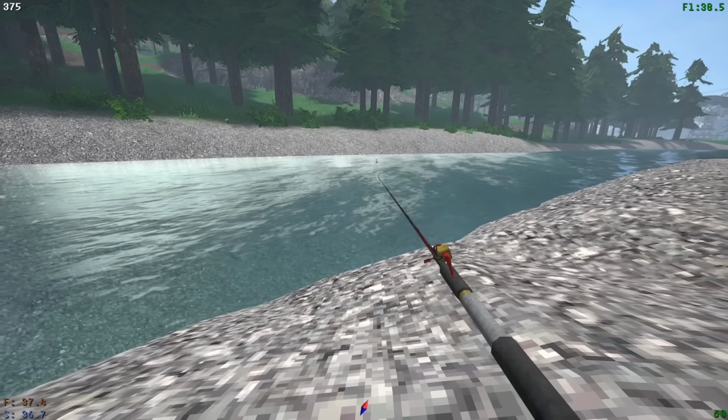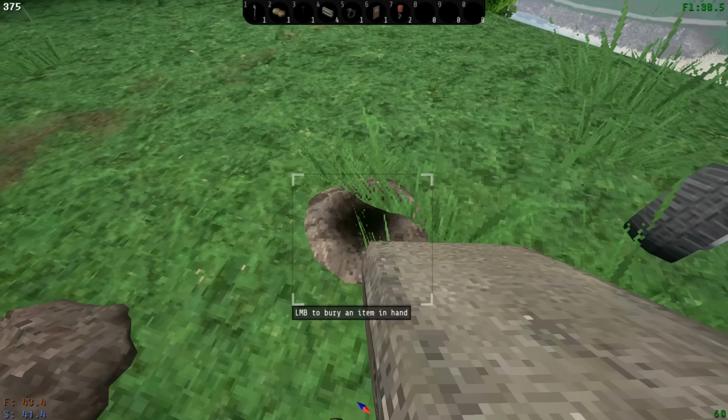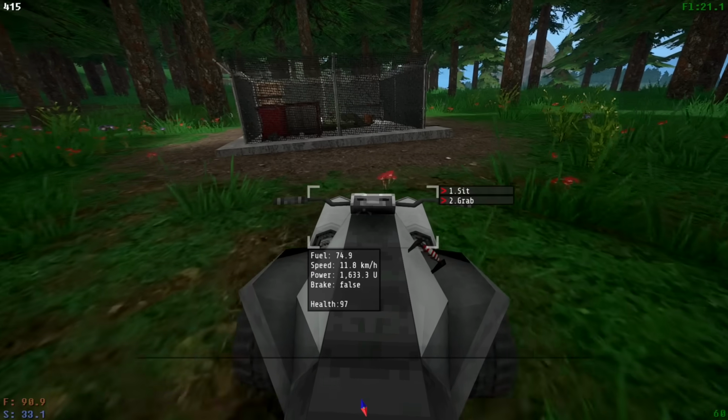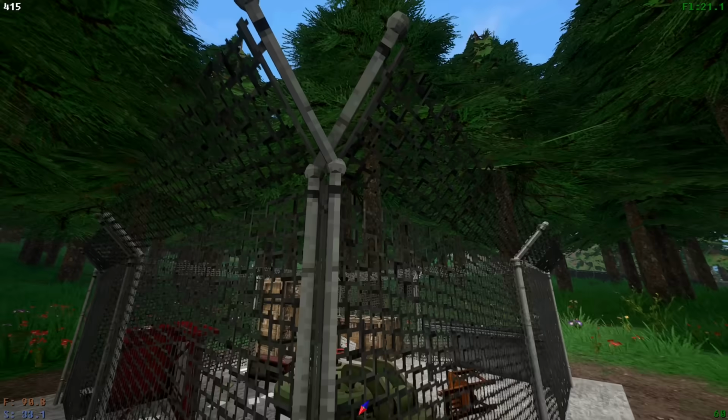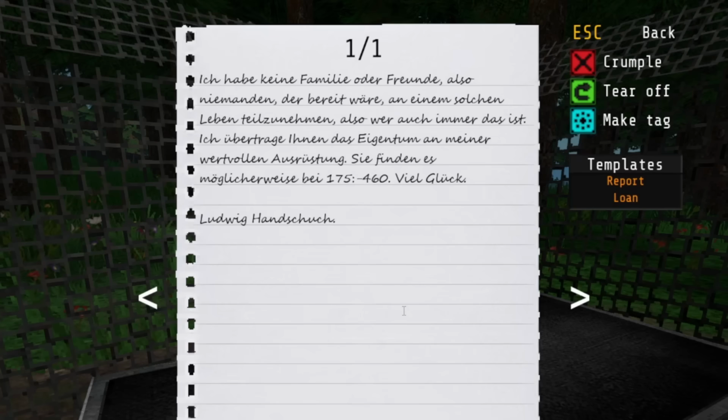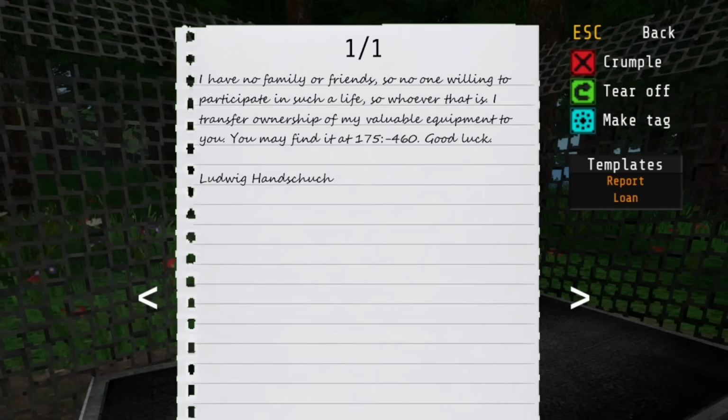So I found a fishing rod, or more specifically a case with all the fishing rod parts and some bait. I was led to the correct digging spot by a note, which I found on one of the earlier days when I stumbled upon a fenced-off, locked bunker hatch southwest of the main base. The note was written in German, and when translated read as follows: I have no family or friends, so no